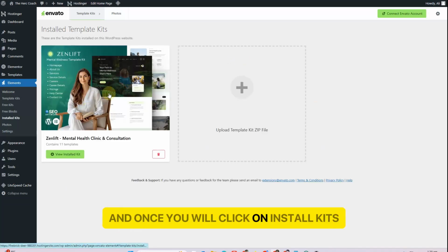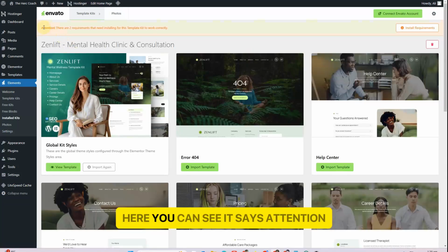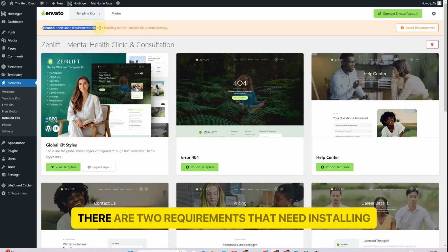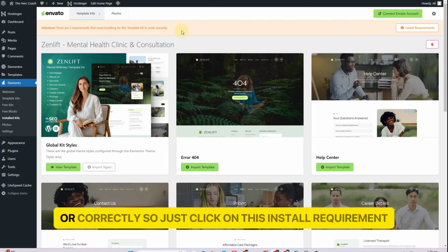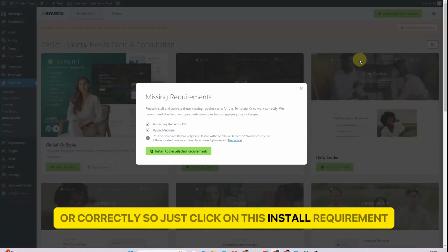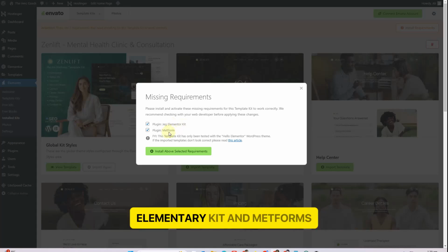And once you click on installed kits, this is where you will find your kit. So just open that kit. And once you click here, you can see it says attention, there are 2 requirements that need installing for this template kit to work properly. So just click on this install requirement and here you can see this kit requires the Jeg Elementor kit and